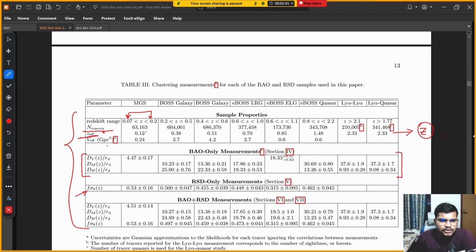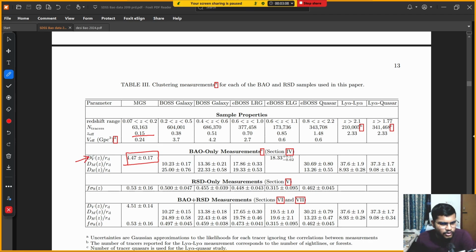Z means the redshift. So you have the redshift data points 0.15, 0.38, 0.15 up to 2.33. Now you have two duplicate datasets, so there is no problem. We have 2.33 and 2.33, and corresponding to it you have some datasets. Now if you look at it, you can see over here that at 0.15, you have only dV over